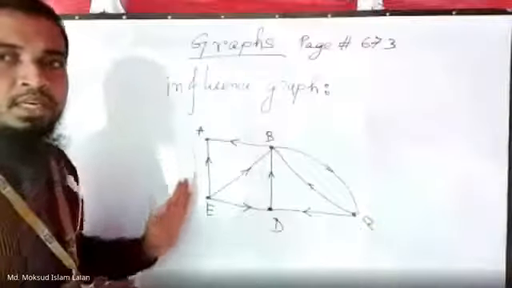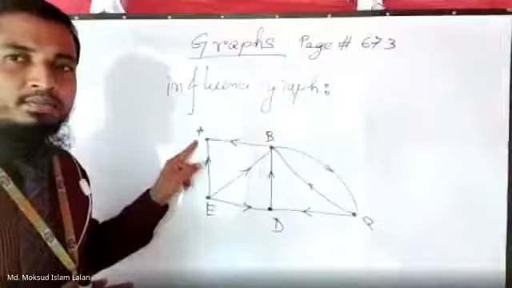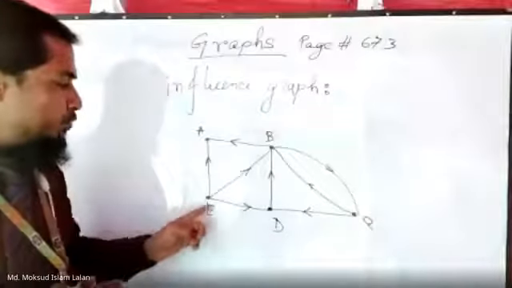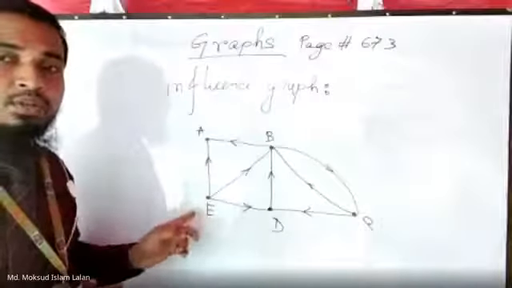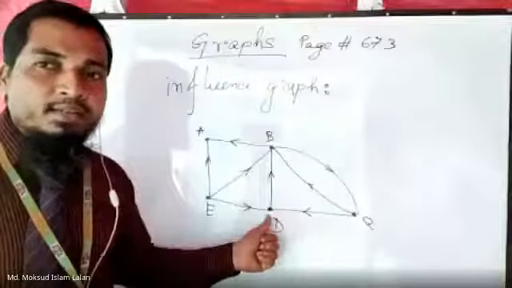Yes, sir, because there is an arrow. E is going to A means E is following A, right? E is following B, E is following D. Is there any person who is following E? No, sir. But if I consider this D vertex,